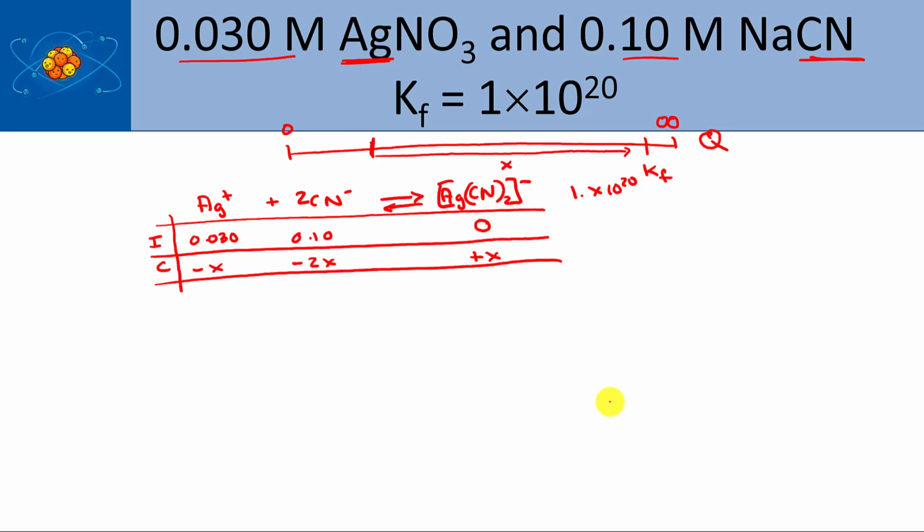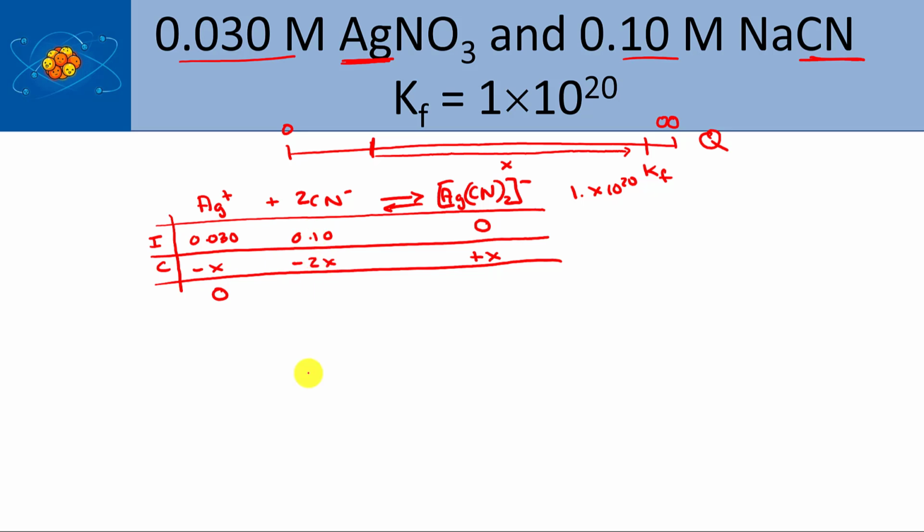So what I'm going to do then is say which one of these would be the limiting reactant. Now, if I said CN minus was the limiting reactant, X would be 0.05, and when I subtract that from 0.03, I would get a negative number. So this must be the limiting reactant. So I'm going to set this one to 0,